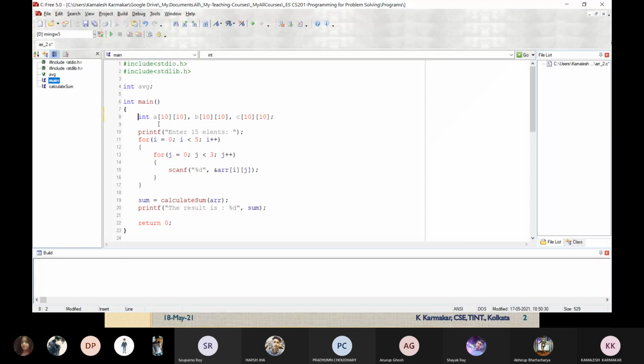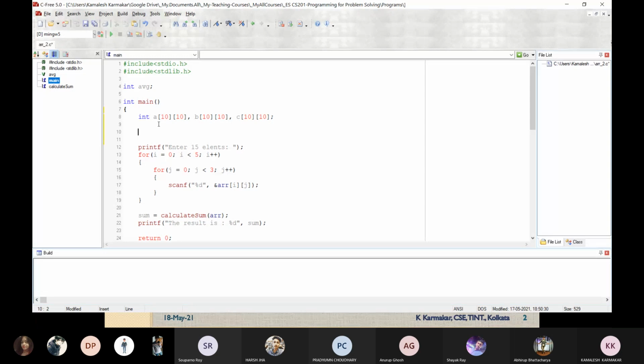Okay, we have to take in. So first we have to take the dimension as input from the user. Otherwise we can't proceed. So I'm writing that I'm taking the dimension from the user. So, enter the dimension of the first matrix.